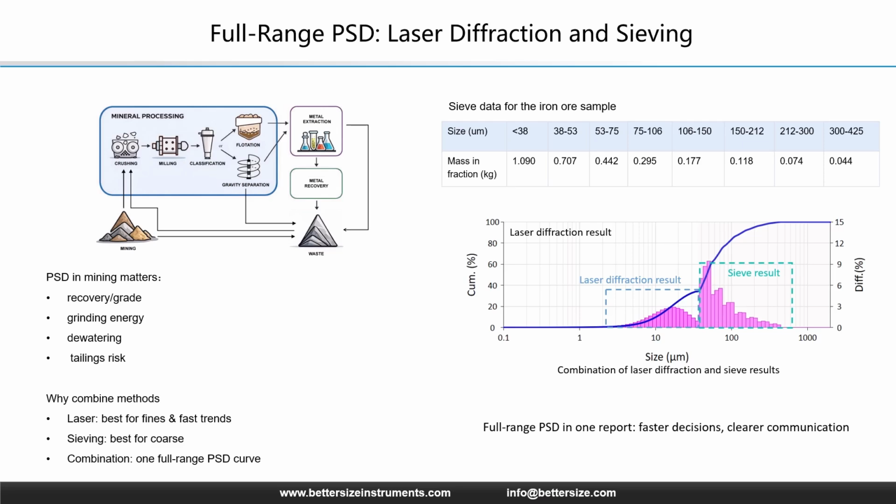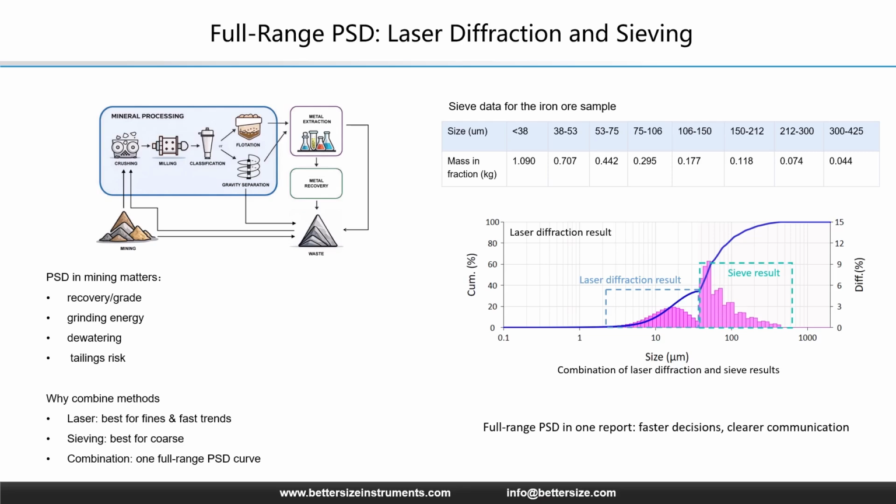You simply input the mass fraction data from your physical sieves, and the algorithm mathematically stitches it with the laser diffraction results to create a single continuous distribution curve. This empowers engineers to optimize processes based on the entire particle population, from flotation slimes to crushed ore, in one